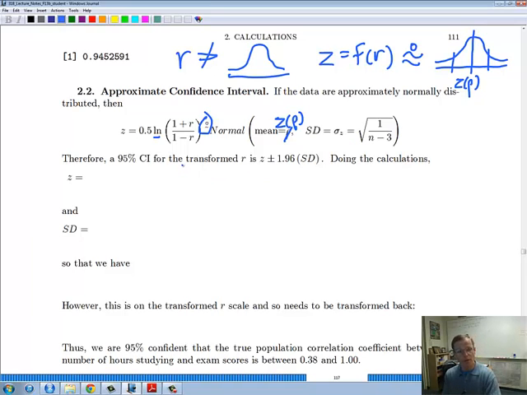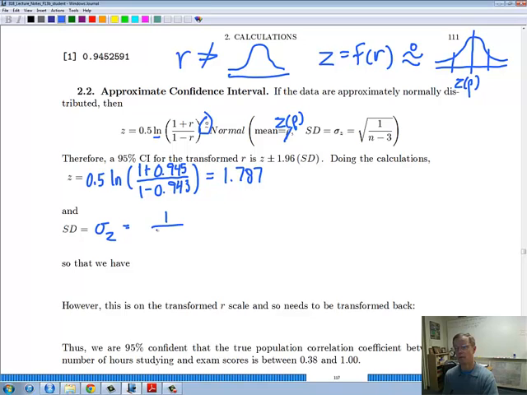So let's compute the confidence interval for our case of Deborah's exam score data. So Z now is just going to be 0.5 times the natural log of 1 plus 0.945. Hold all the decimal places in your calculator if you can. And I'm just going to put 3 for demonstration's sake. Now, that value is going to get us our Z, and we turn out to be 1.787. Okay, again, hold more places on your machine if you can do it. Standard deviation then is going to be the actual population value, which is 1 over the square root of 5 minus 3,